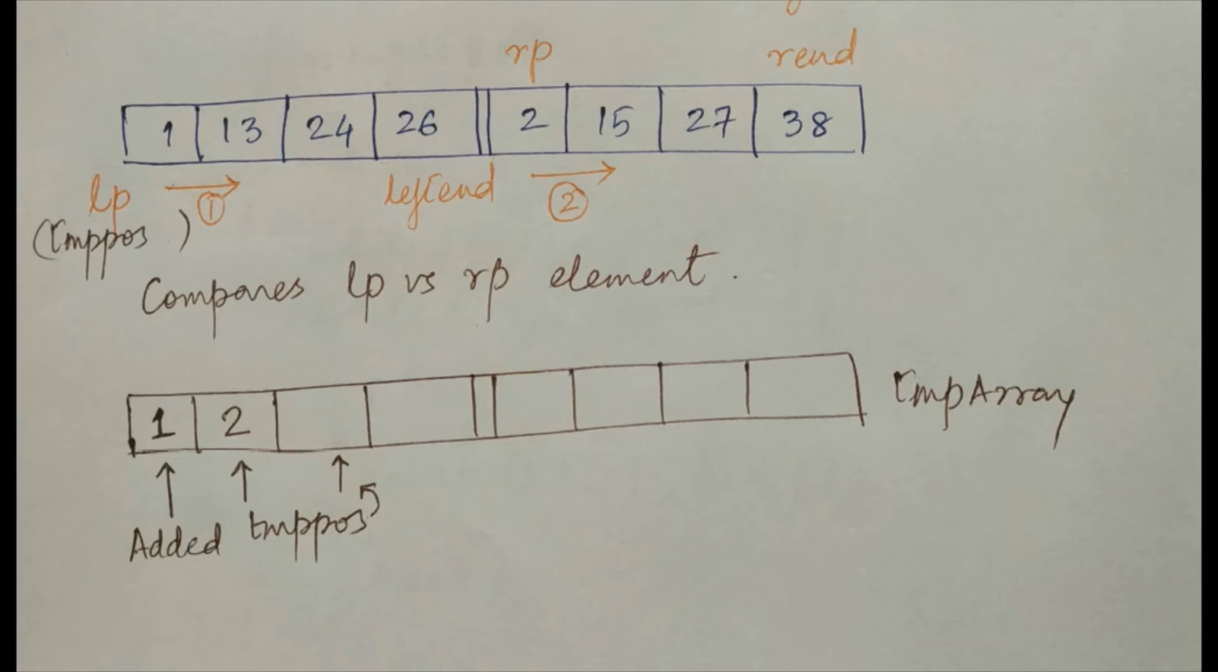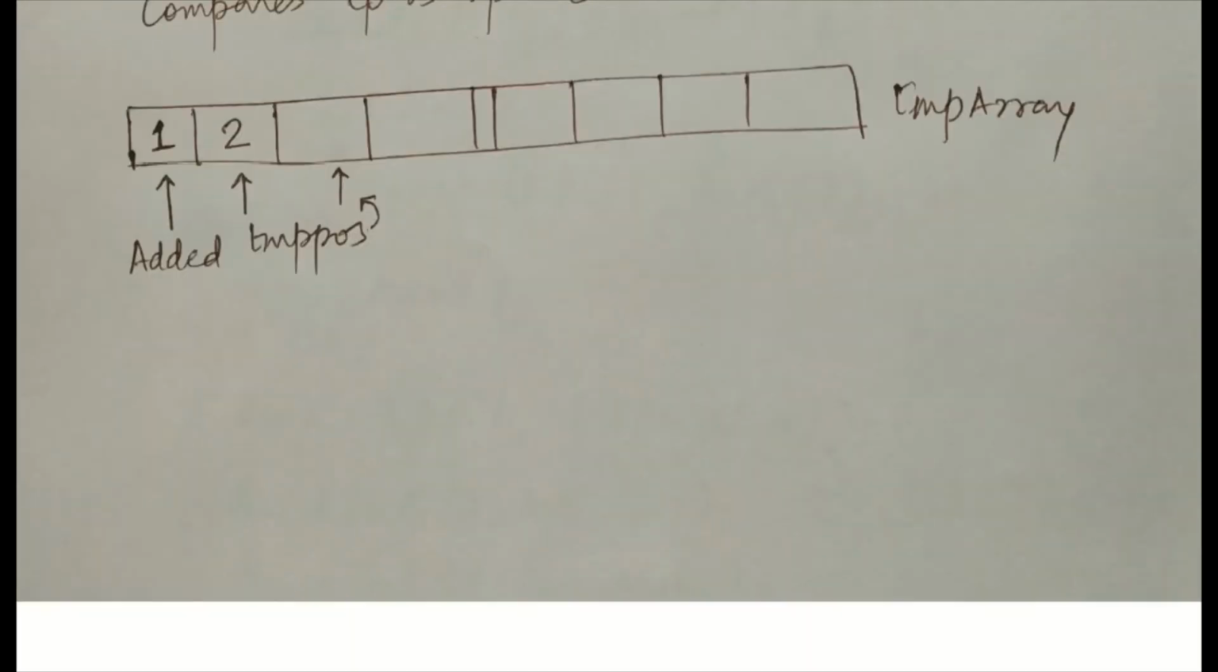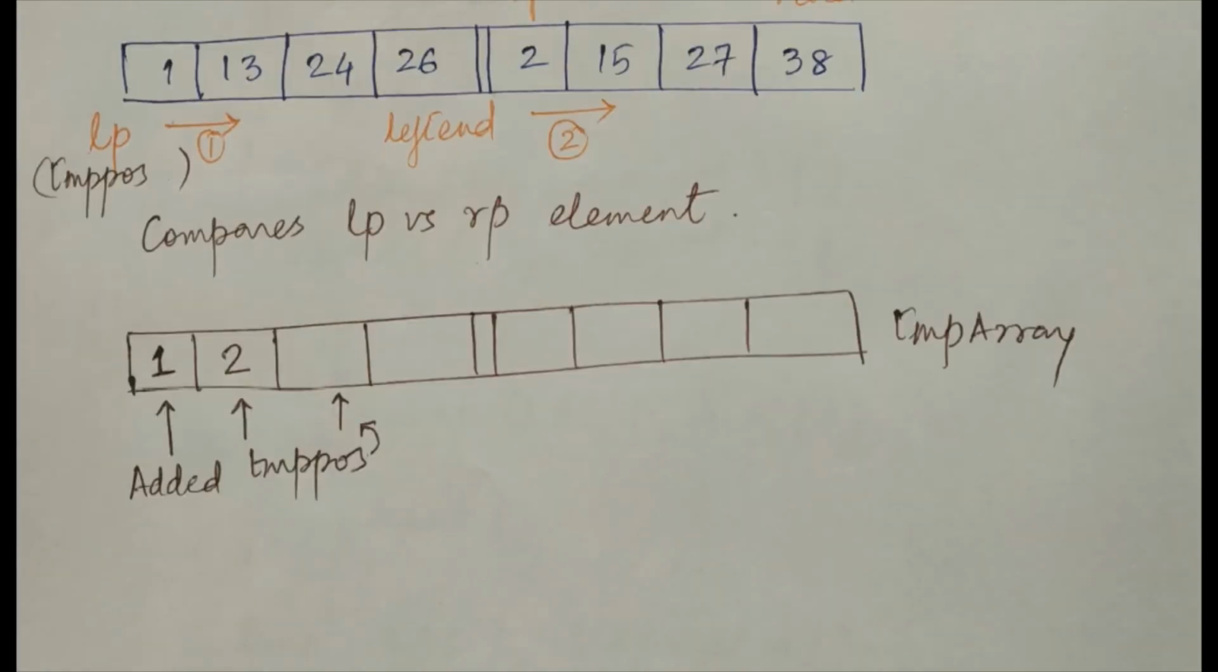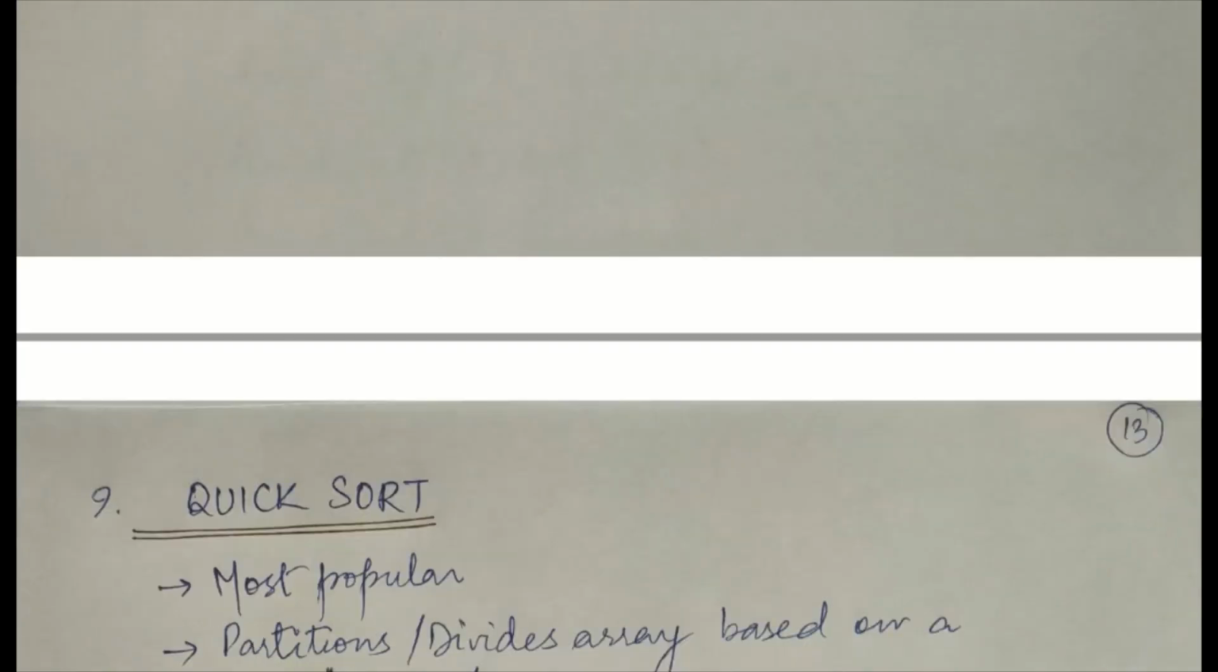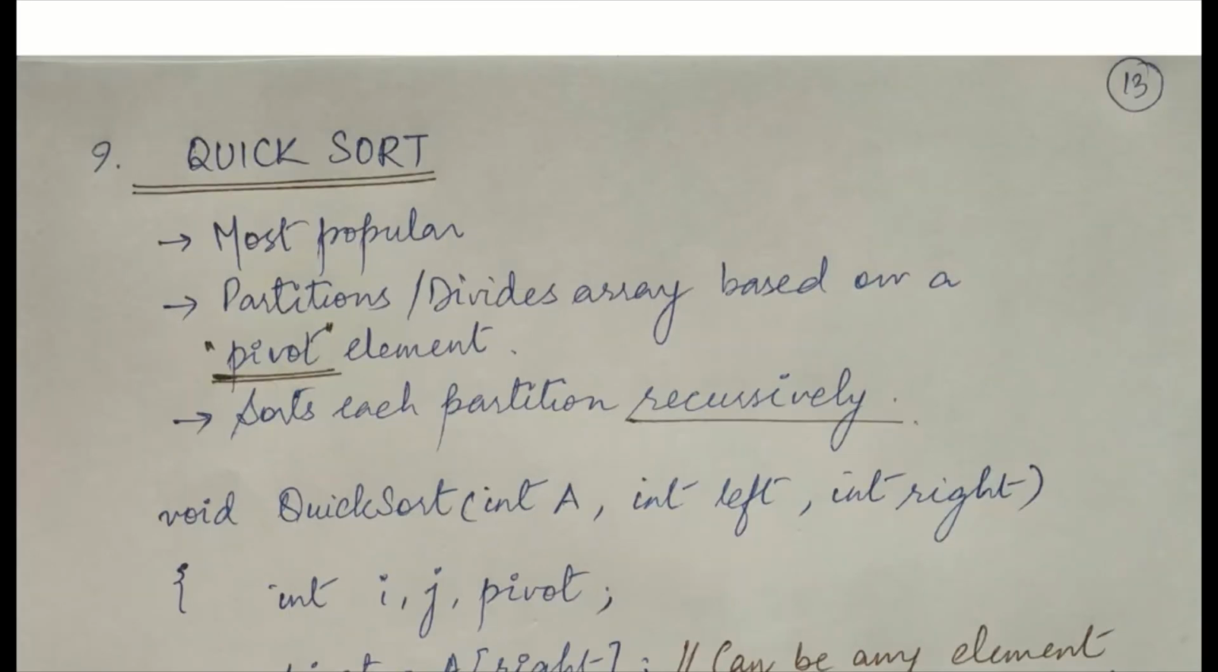I already showed you how the pointer moves. Your temp position pointer also moves when something is added. Okay, so that is your merge sort. Now a similar algorithm